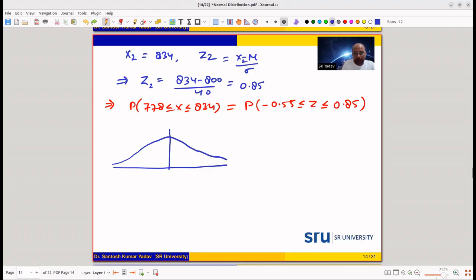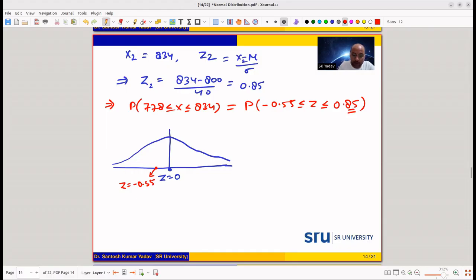Yeah, it seems symmetric and smooth also, although my art is not good here. So this point is z equal to 0. And now let me indicate the given points. So we have minus 0.55, which is half of minus 1 around. So here this point is z equal to minus 0.55, and on the right side 0.8, so around 1